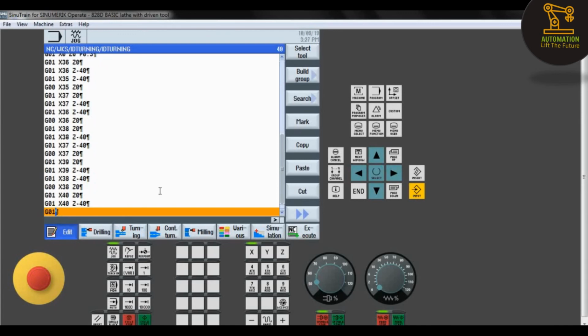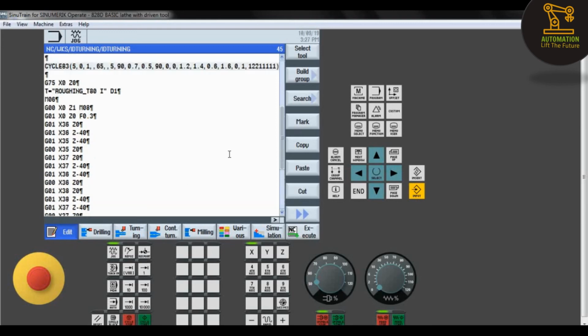So after removing we'll retract, so G01 X39 and Z -40. And after retraction I can go in the rapid motion, so G00 X39 and Z0. And after retraction I can directly take to the homing position, so G75 X0 Z0. This comes under footer, and this footer is to stop the machine, so G97 to enable the cutting speed, M05 to spindle, M09 to the coolant, and M30 is the end of the program.